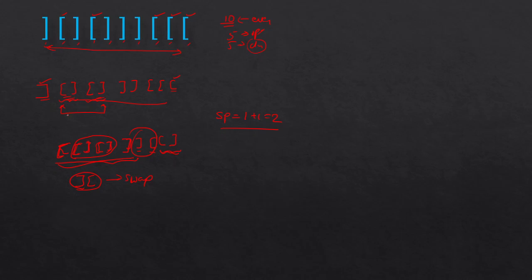But there is a kind of confusion: how can anyone see whether to pick this one or this one or this one, which one to pick to swap? To understand this better, we will first sanitize this string. What I mean by sanitization is, I have already told you that these two are already balanced, so we need not consider them. We will remove these balanced ones from the string, and whatever is left with us, we'll work on that. That is why I said you have already done the question of finding whether a string is balanced or not, and in that question, while using a stack, you were doing something like this.